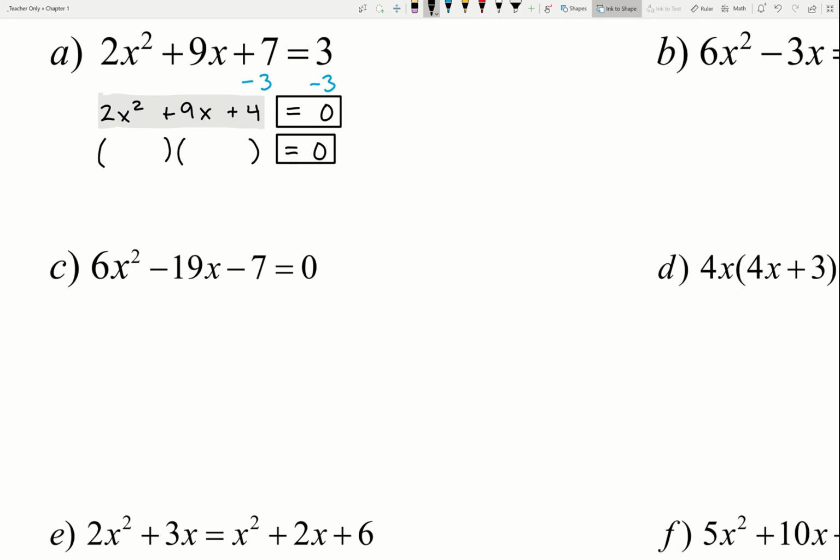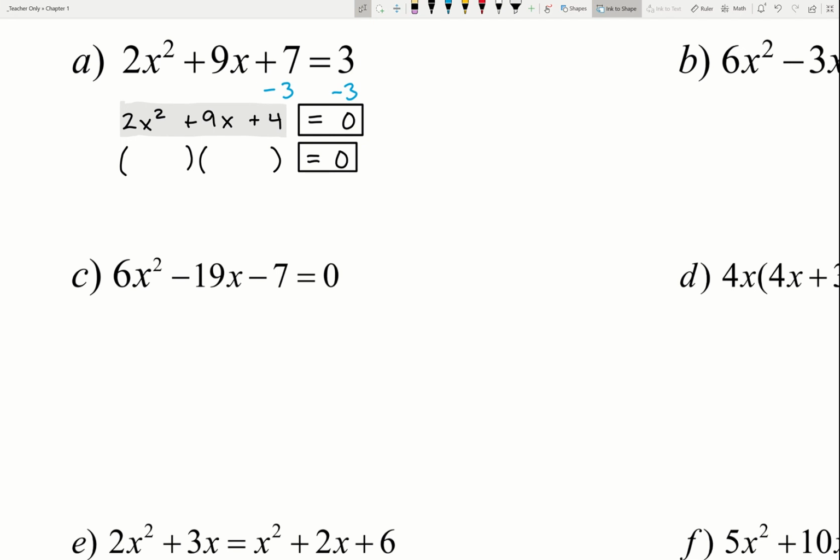But I'm just going to go ahead and guess and check here. So if I factor this, I believe some combination of 2x and x will work as the first terms there. As the last terms, we could go with 2 and 2, but when we try to check that, it turns out to not give us the 9x in the middle. So we're going to come up with a different way to break up a 4, which is going to be 1 and 4, and this will actually turn out to work very nicely for us. Okay, so factoring that trinomial 2x squared plus 9x plus 4, that factors into the binomials 2x plus 1 and